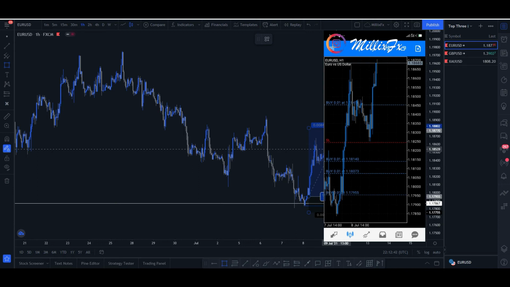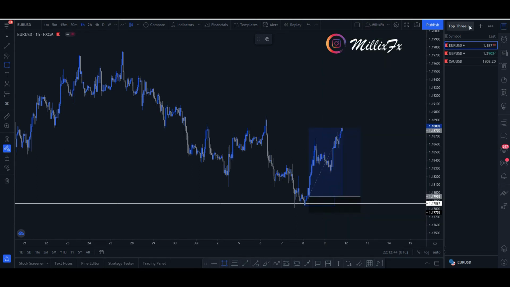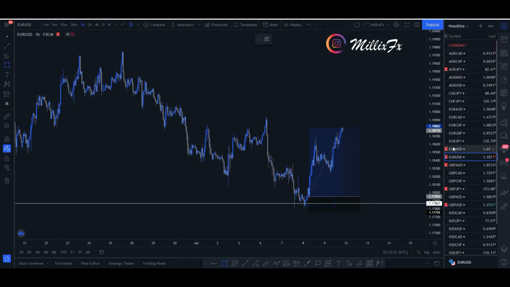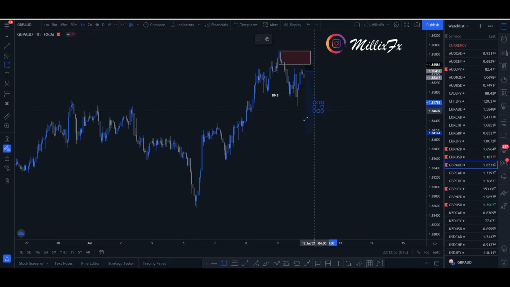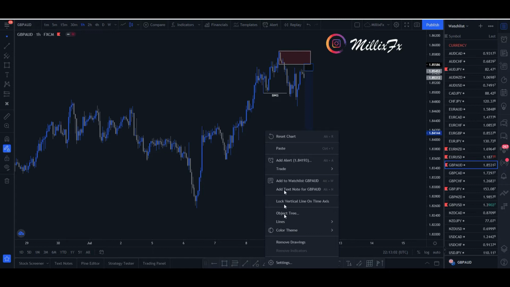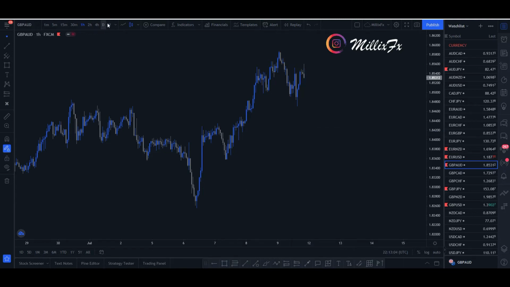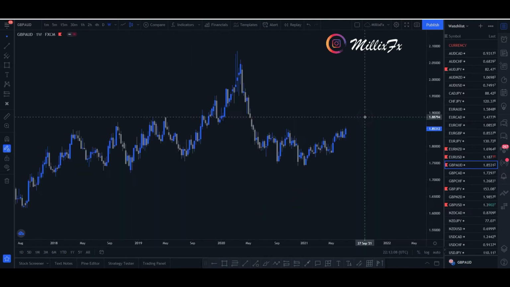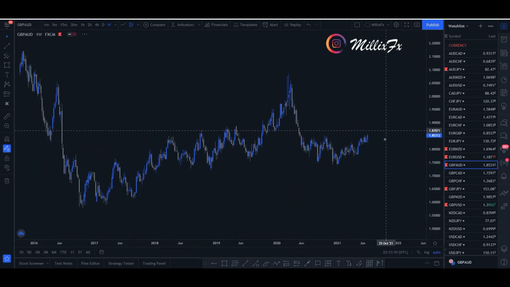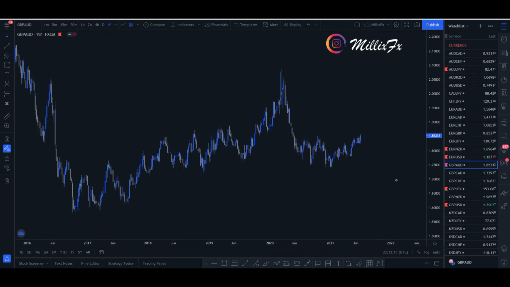So let's look at the pair I am looking at this week, Pound Aussie. Let me clear my charts and we start from the weekly time frame. I don't normally do this because sometimes I get confused on the higher time frame. So what I normally do, you see that on the higher time frame